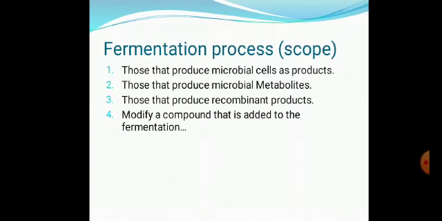Now, as of now, if you look at the scope for an industrial microbiologist, we have scope in four main areas. That is one wherein microorganism itself is a product of the fermentation. Second, microorganisms producing various metabolites. I think microorganisms producing enzymes can be separately categorized as 2, and microbial metabolites as 3, and recombinant products is one more area of industrial microbiology which is gaining more importance nowadays. And fourth is